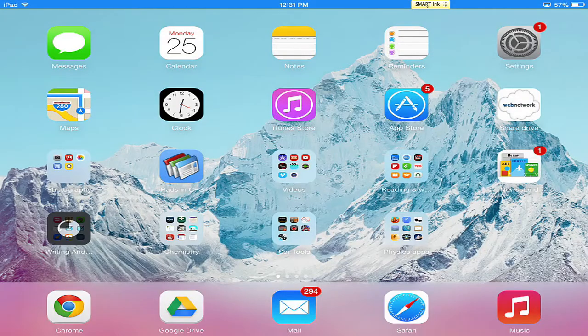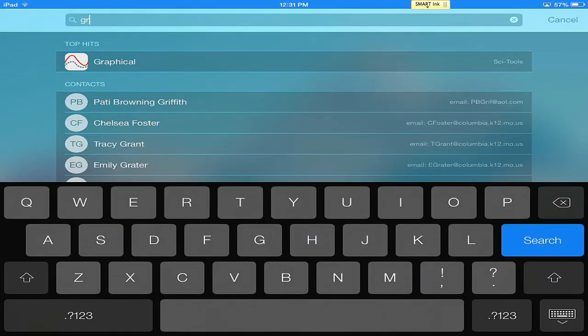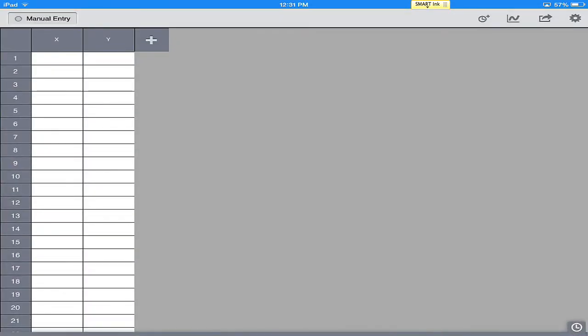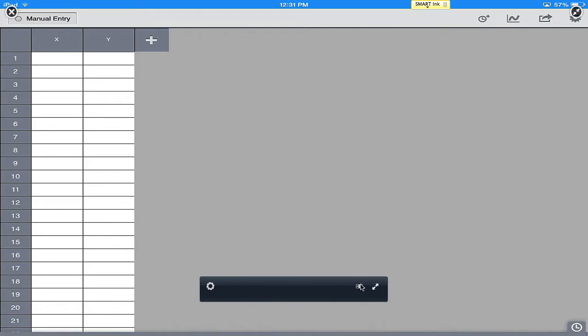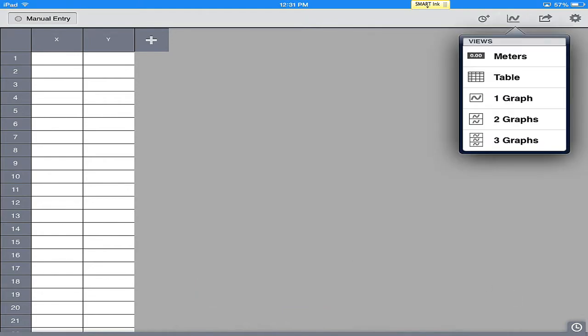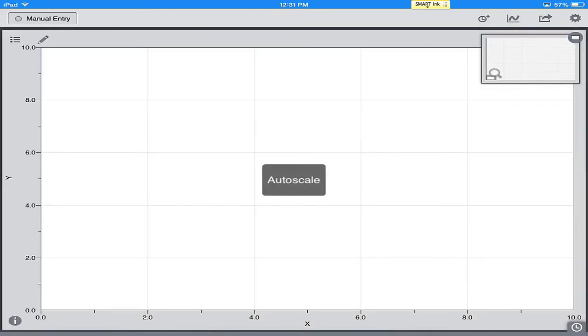Now you can do what I'm doing on a graphing calculator. You can do the same thing on Logger Pro. Instead, I'm going to show you how to use Graphical Analysis today. It's real simple. And to use Graphical Analysis, let me adjust my screen slightly. You will pop in and you will see a kind of graph template